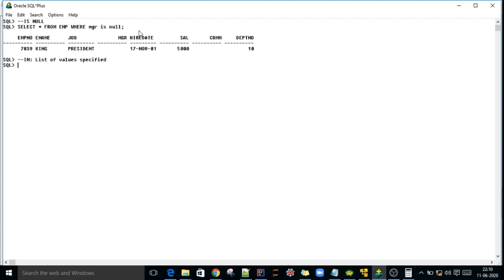Whatever list we are specifying in the parenthesis, that entire thing it will compare, not only 2, 3, 4 like that. NOT IN will give output based on the column whose values are not in the list of values specified. Quite opposite. So IS NULL we have seen.